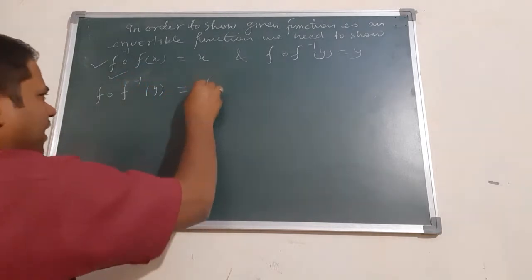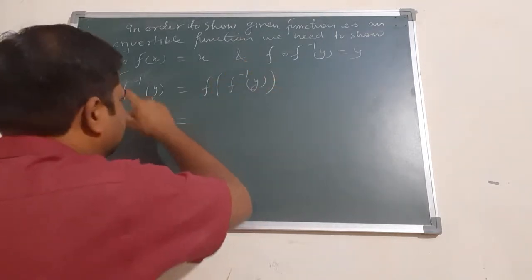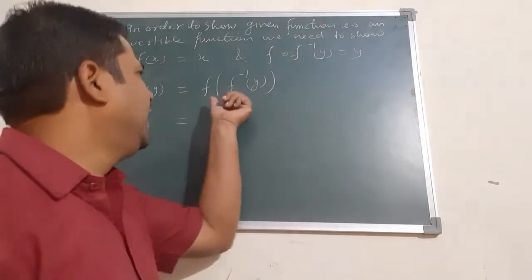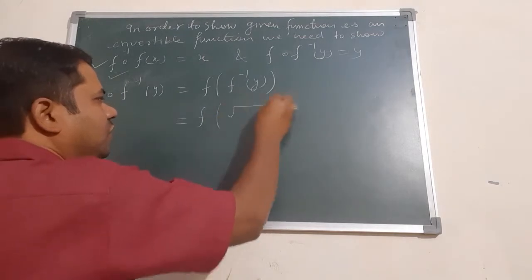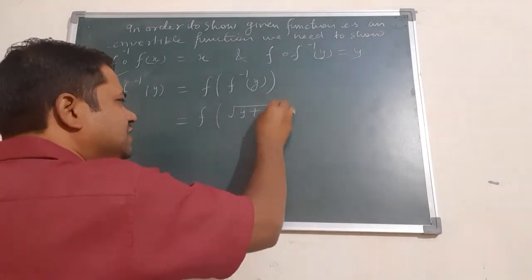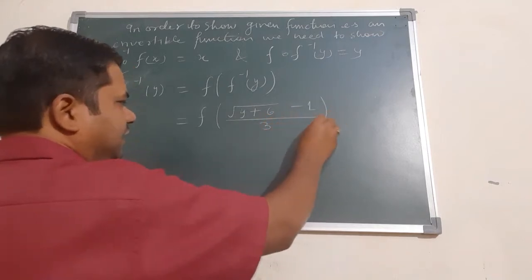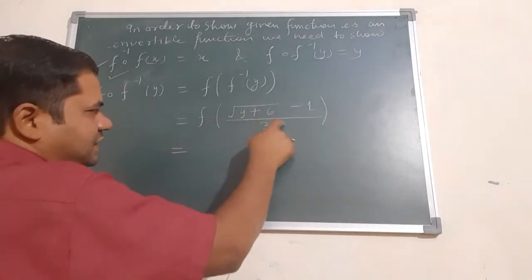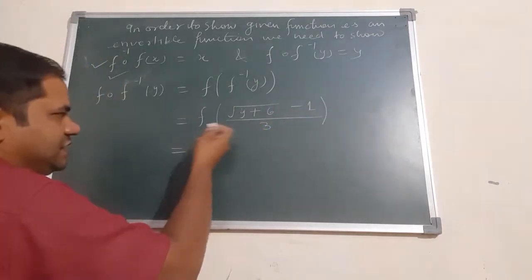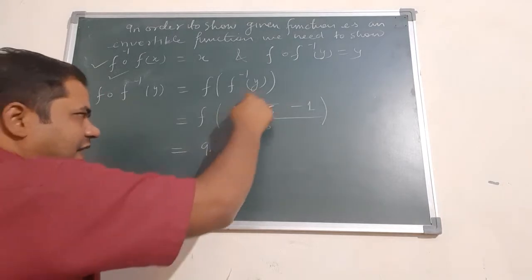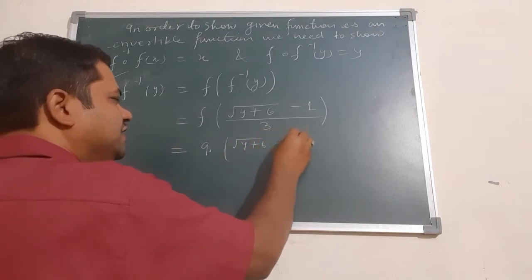This is nothing but f of f inverse y according to the definition of composition of functions, and f inverse y is nothing but f of root of y plus 6 minus 1 divided by 3. Okay, and this is f of x, at the place of x, this thing. So f of x is defined as 9x square, but x is this. So root of y plus 6 minus 1